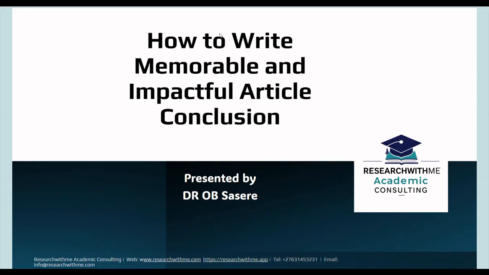We started from identifying the gap through the title, the abstract, the keyword, and how to synthesize. Then the introduction and the various parts of the introduction, which we highlighted and discussed. We also talked about how to synthesize literature. We've also covered methodology, and we covered results and findings.